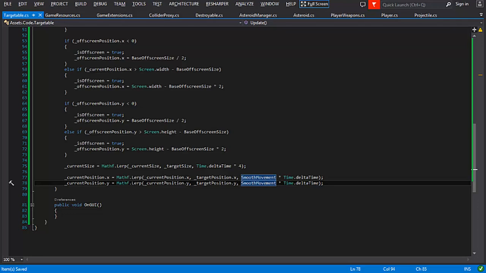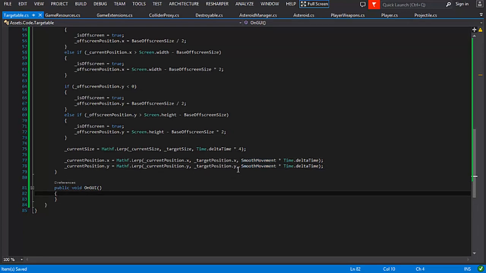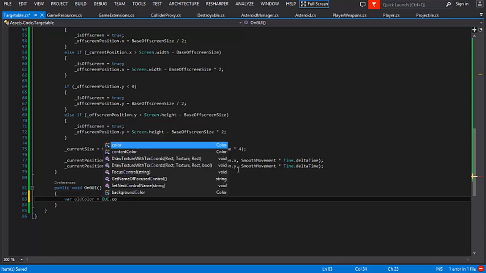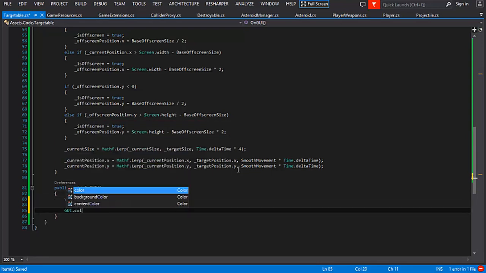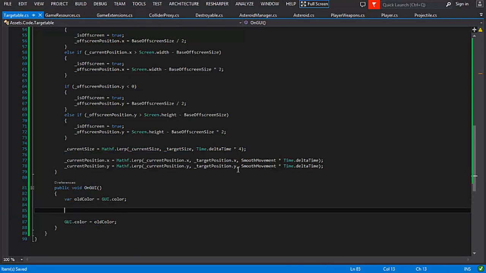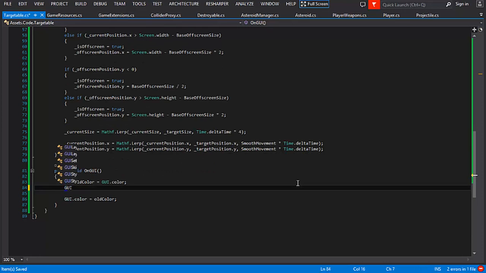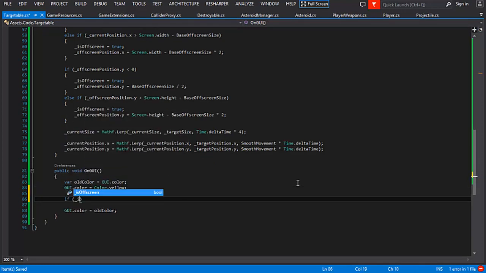There you go. Okay, so the next thing I gotta do is the on GUI. Now, in this particular case, we are going to have it be displayed as white. Actually, no, yellow's better. I like yellow more. So I'm going to say var old color. See how things can change like this? That's ongoing game development. Okay, so I'm going to sandwich all my on GUI code with caching the current GUI color before I change the GUI color to color.yellow. Then I'm going to say if we're off screen,